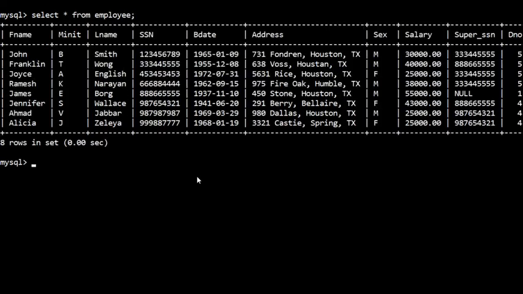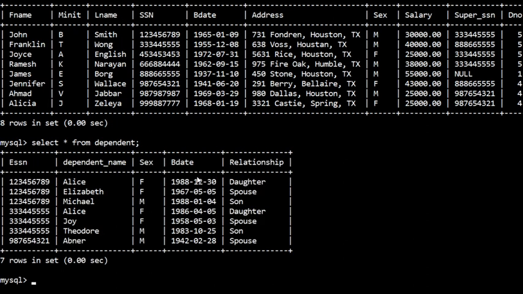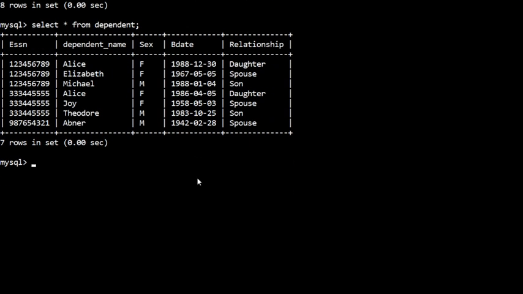So I'll go to the console, and here I'll show you how you can execute these queries. First I'll show you what content I have in my employee table. And then I'll show you the dependent table. So this is the information. Now what is the first one? We have to display the employees who don't have dependents. Using the in operator, I'll show you first.